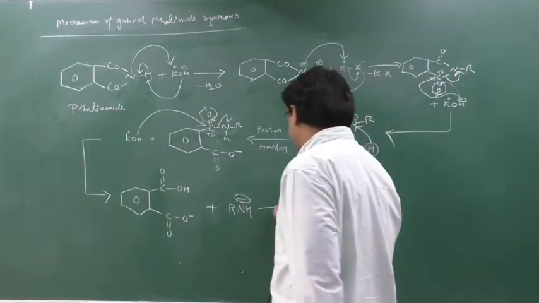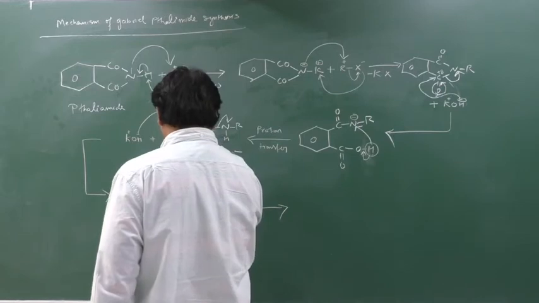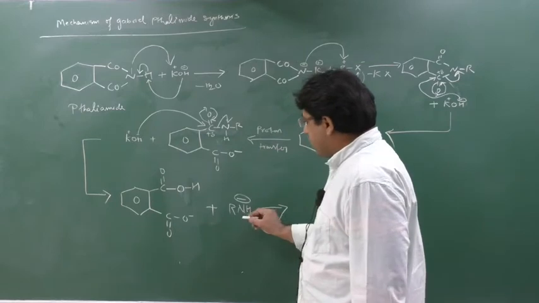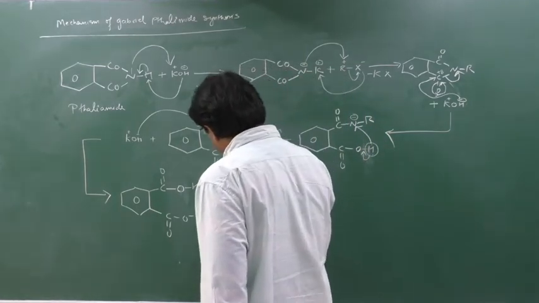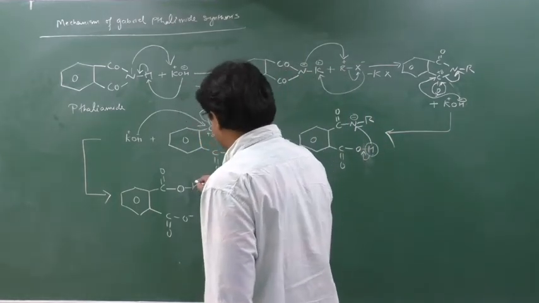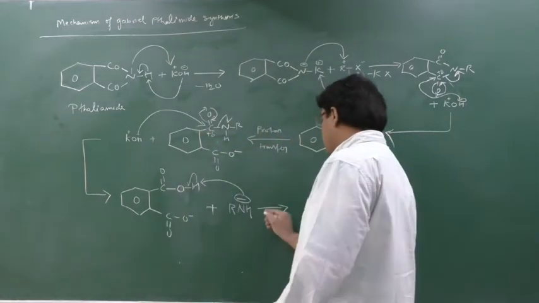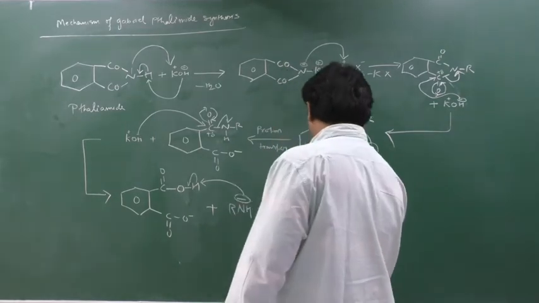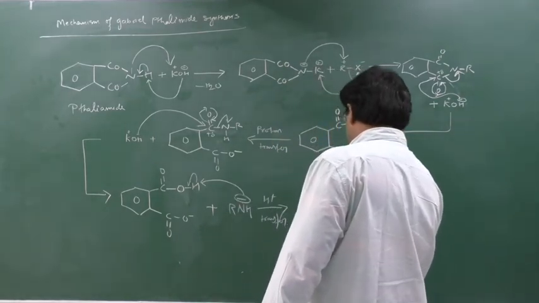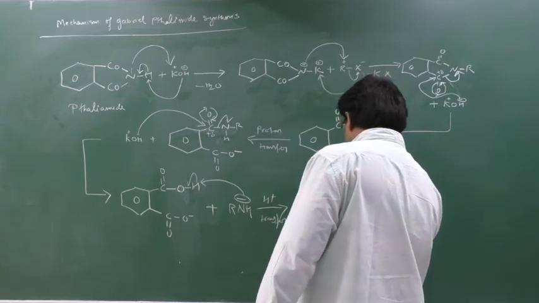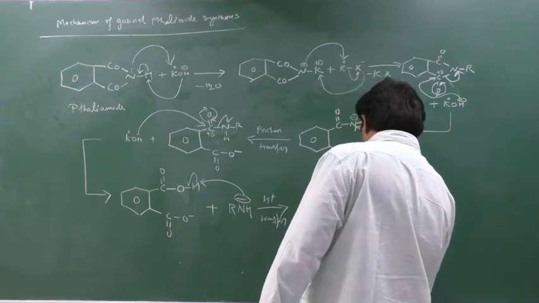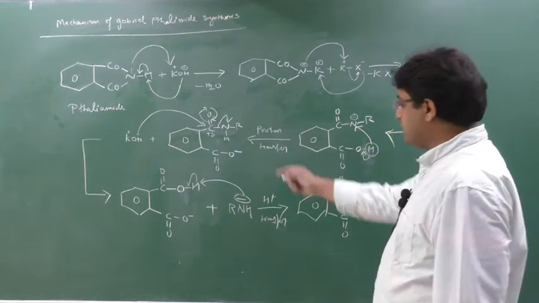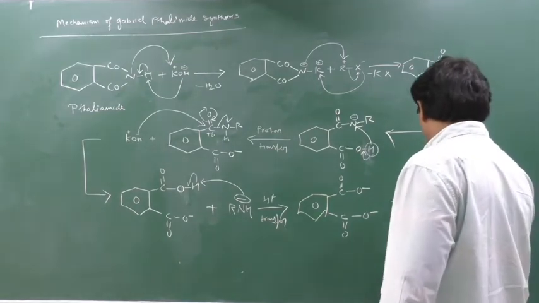Again proton transfer will take place. Why, beta? See here, this is OH, this is OH, and this nitrogen wants to make a bond. Now this is an acidic hydrogen, so this nitrogen again will make a bond with this hydrogen, and this hydrogen will release from this place, meaning H plus is removed, so I will say H plus transfer. Yes or no? So what will I get? I will get here C double bond O, O minus, C double bond O, O minus. Yes or no? And here you will get R, N will make a bond with another H, so RNH2, nothing but your primary amine.